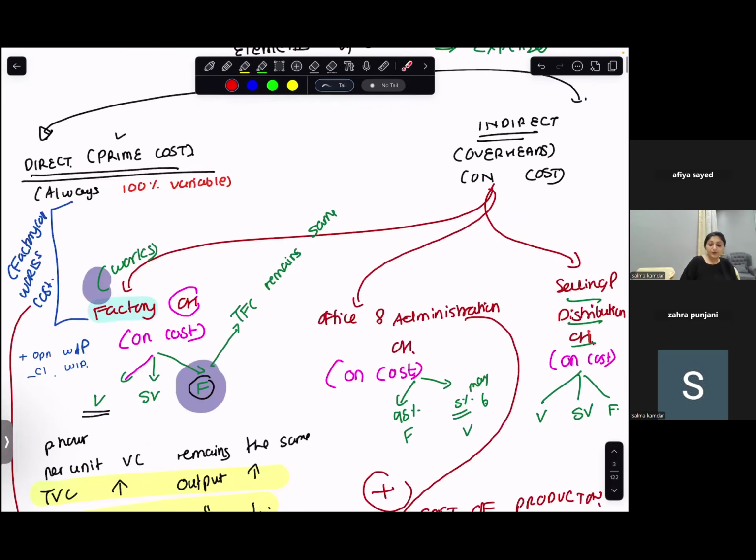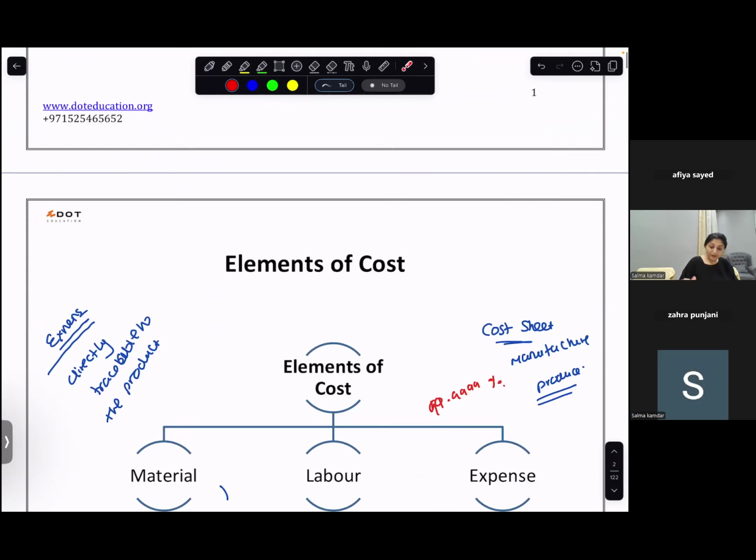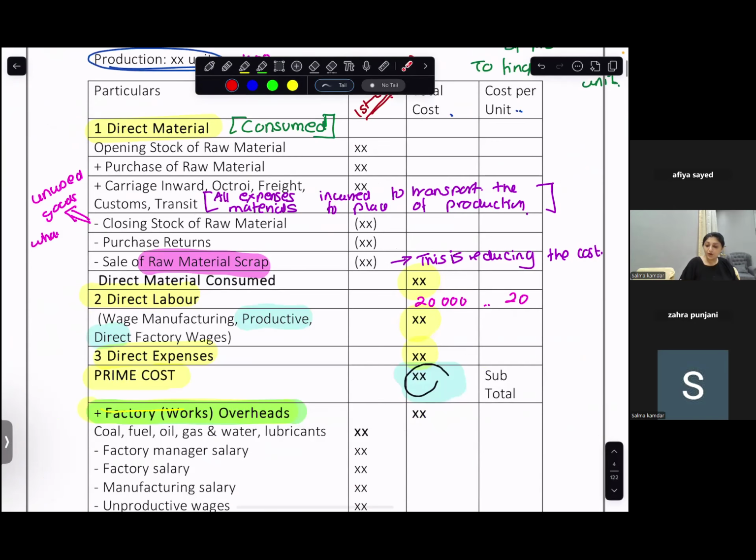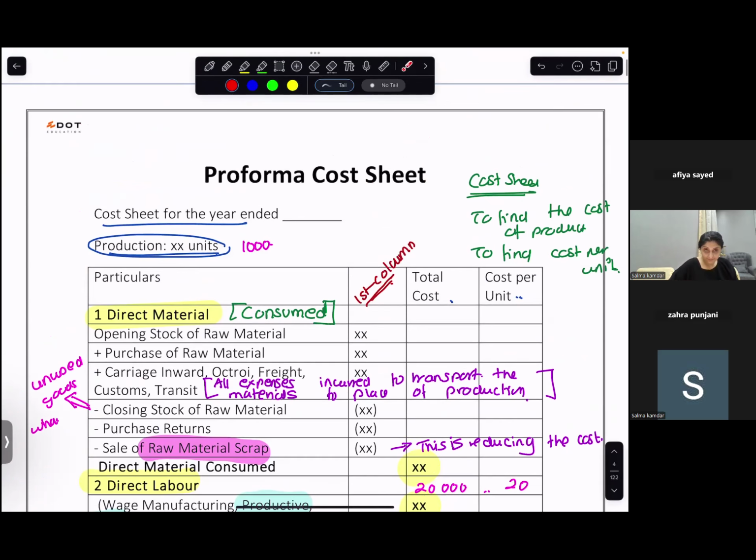As I started, you are going to make the cost sheet to find the cost of the goods produced. Per unit cost of the goods that is produced. So you need to know per unit cost also and you need to know total also. Miss, but that is in sums where it is mentioned, no? That you have to write the cost per unit, or in all sums you have to do it? Where quantitative details are given about the units produced and units sold, you will make a separate column for per unit. And if it's not given, we do not need to do it.